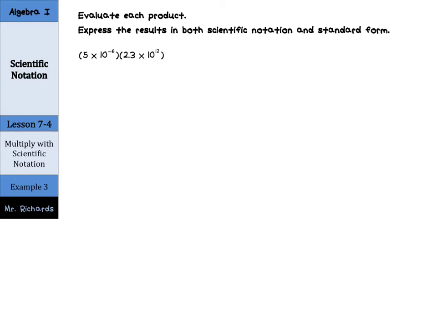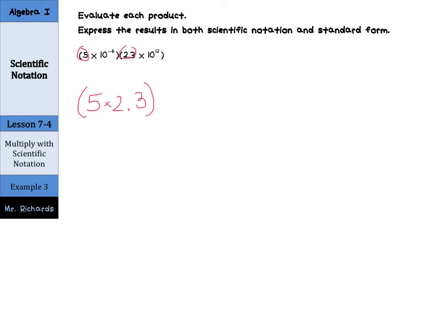Now we get to multiply with scientific notation. Our directions state: evaluate each product, and express the results in both scientific notation and standard form. What we're going to do here, we have 5 times 10 to the negative 6 times 2.3 times 10 to the 12. What we're going to do is regroup these. This is all multiplication, so we can regroup these using our numbers here as 5 times 2.3,